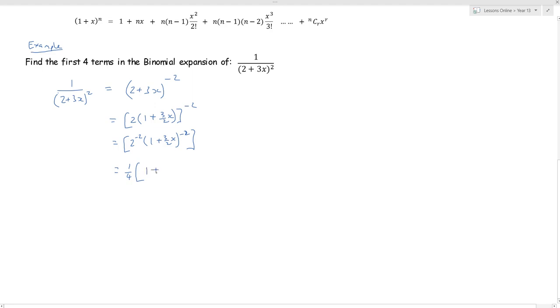Then I've got 1 plus 3 over 2x to the power of minus 2. So I need to expand this section now. So that's a quarter times, when I expand it out using our formula here, first term is 1, n is minus 2, so plus minus 2 times 3 over 2x